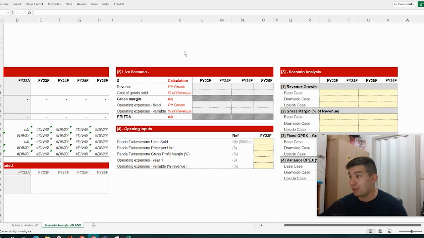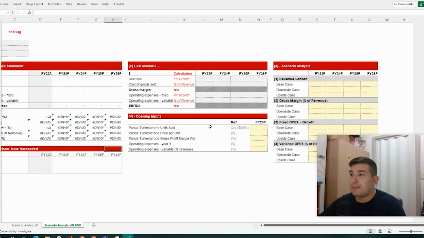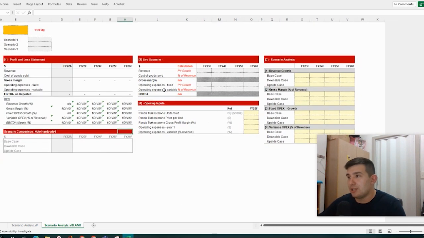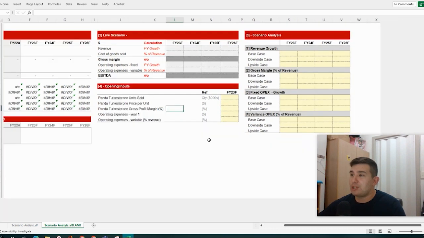Just to take you through scenario analysis and the best way to tackle that, and how we generally approach it from an investment banking perspective. So I've set up this very, very basic template. We can go into more detailed financial modeling approaches in a later video, but for the moment, just for the purposes of showing how we tackle scenario analysis, I've set up this spreadsheet here,